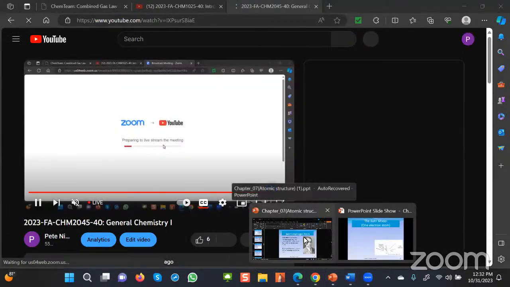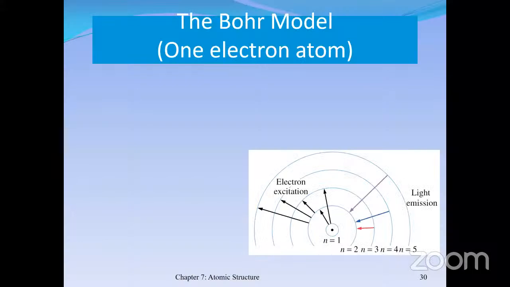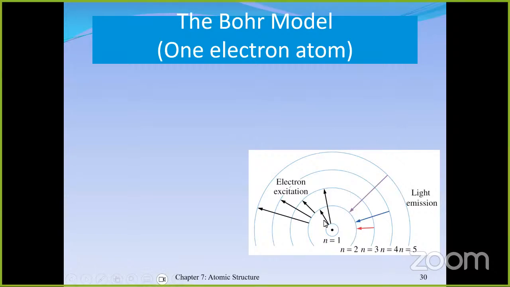Okay, so going back to what I was saying. As I said before, Bohr's focus was on the hydrogen atom. So he came up with a model known as the Bohr model. In some textbooks, they call it the planetary model, and you're going to see why. So basically, according to the Bohr model, this is how the atom is structured as far as the electron is